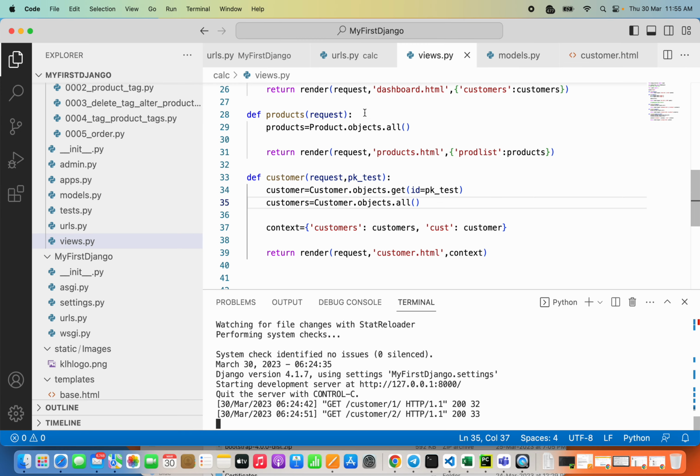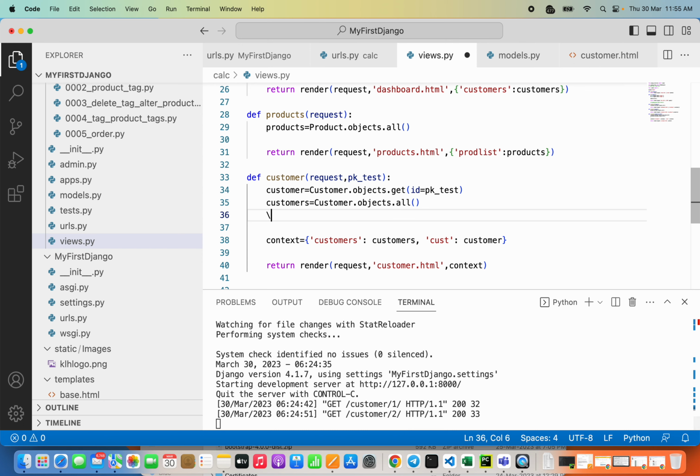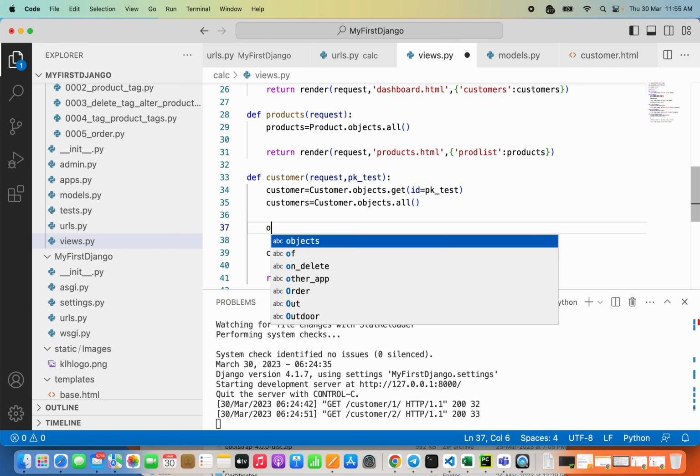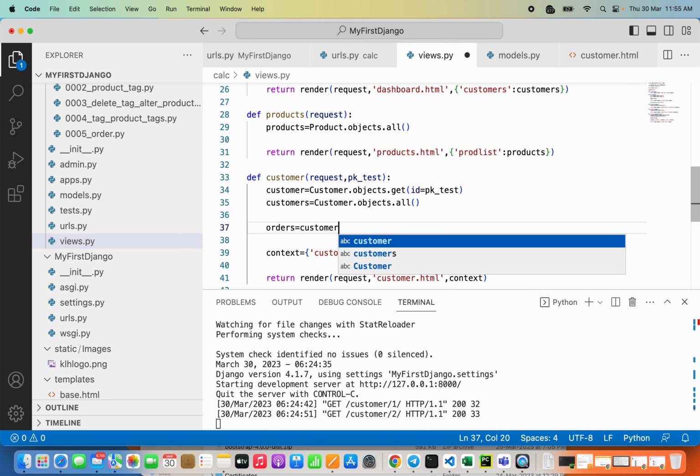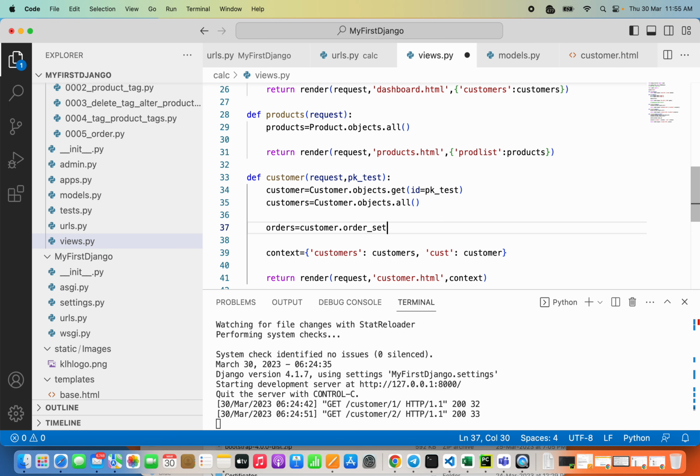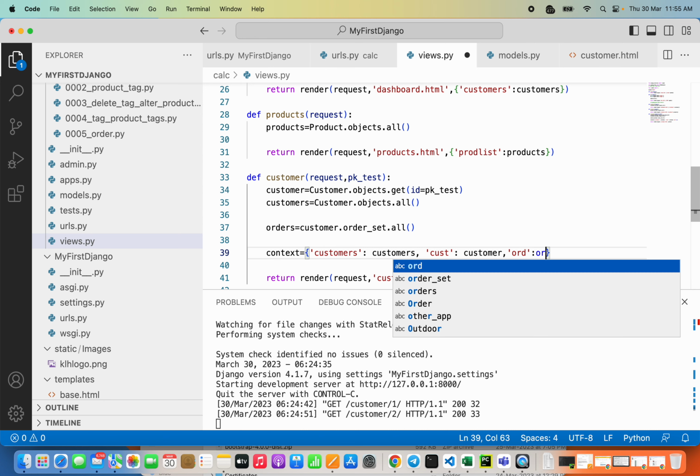So in order to do that, we will collect other information of this customer also. For example, in order to collect all the orders of this customer, we can access that by using orders is equal to customer dot order_set dot all, and you can access orders inside the context dictionary. So once you click on this, you can call a key value as ord, and you can mention all the